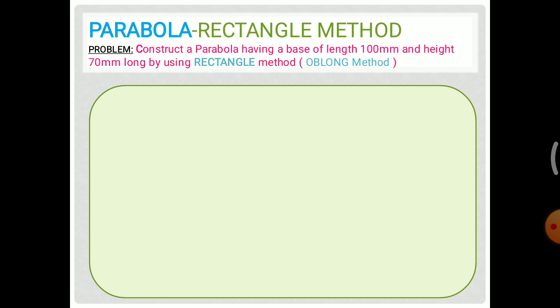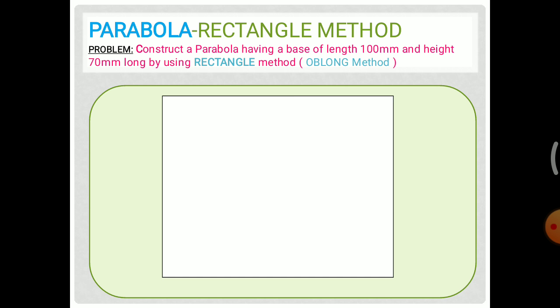First of all, we are going to take the length as 100 mm and the height as 70 mm to construct a rectangle first. So this is the first step. With the length of 100 mm and height of 70 mm, I have constructed a rectangle. This is the height of the rectangle, and the base can be divided into two equal parts, that is 35 mm on the left side and 35 mm on the right side,